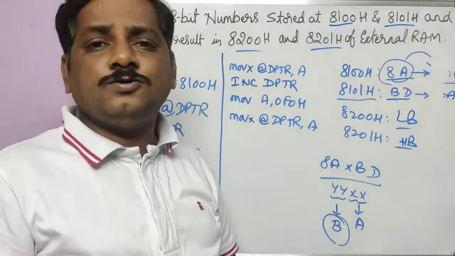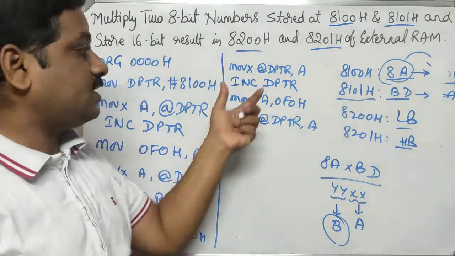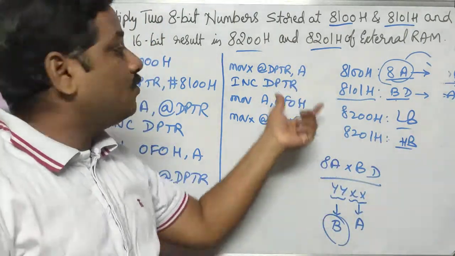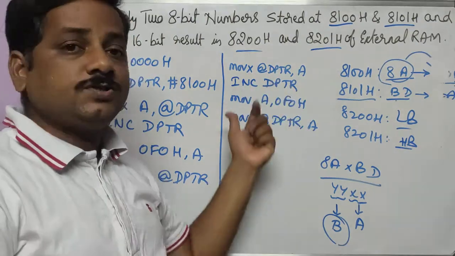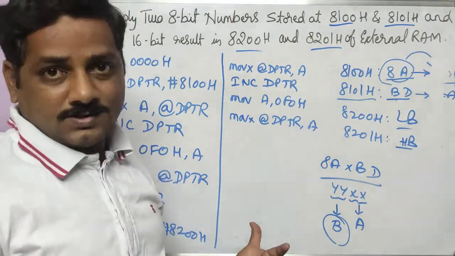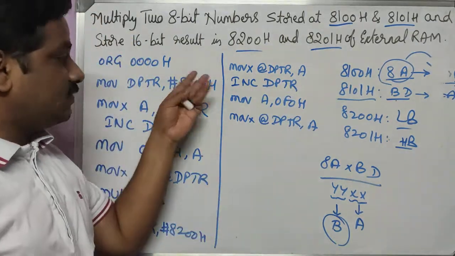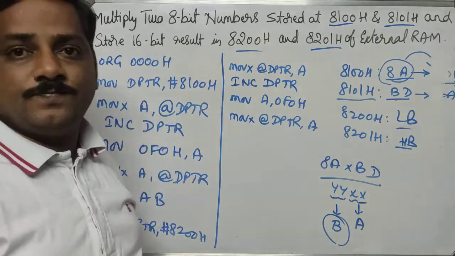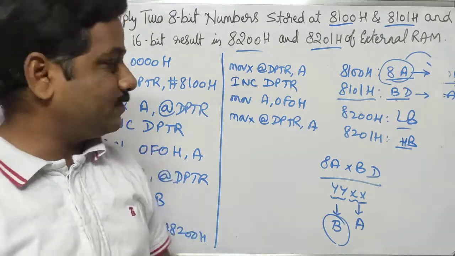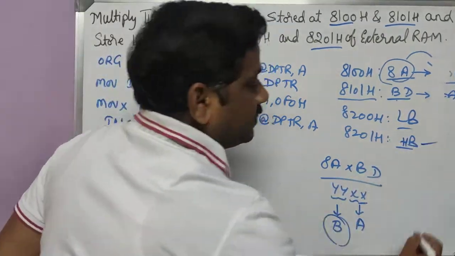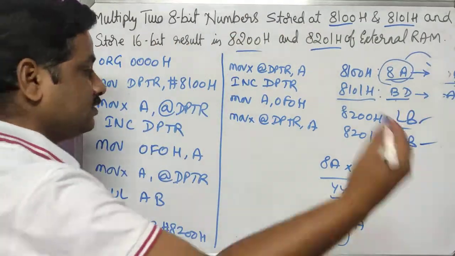Okay. So this is how you should analyze step by step. What has to be done after the one line? What is going to happen after that particular line? Where do we get the result? How do we store it? So you should think and write it like this. Even if you make a mistake, once after writing the program, you analyze it and see according to this, are you getting the output or not? If not, you can change it. Okay. So we got the answer here, the higher byte as well as the lower byte.